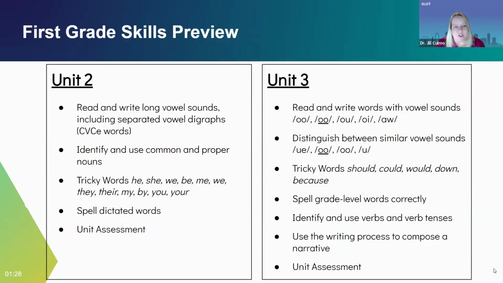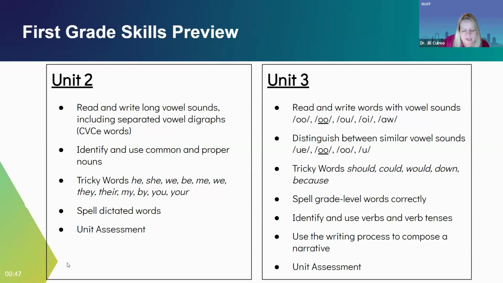All right, so the skills for first grade in quarter 2 will include finishing up Unit 3 and finishing up Skills 2, in which we will introduce students to 5 vowel sounds and the most common or least ambiguous spelling for each sound. Students learn to read and write words with separated digraphs, such as the A and the E in cake. These are also known as CVCE words. The unit also includes grammar lessons on nouns, including proper nouns, and student practice with new tricky words.